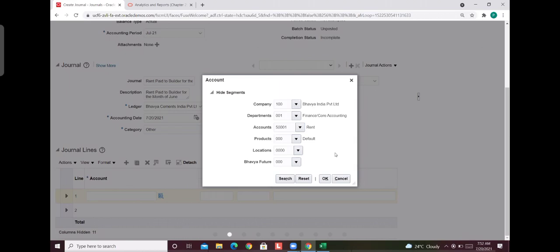Clear? Sir, that location is for Sri Lanka, right, sir? Location is not required. We are paying the rent for the head office. If you want, you can choose it. If you don't know the location, select the default value.